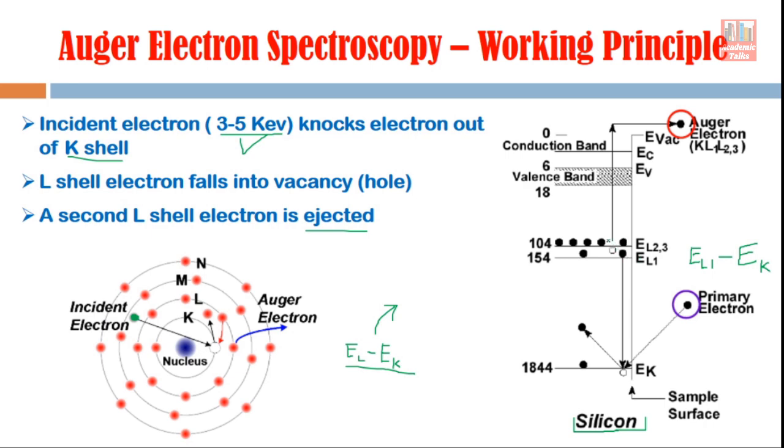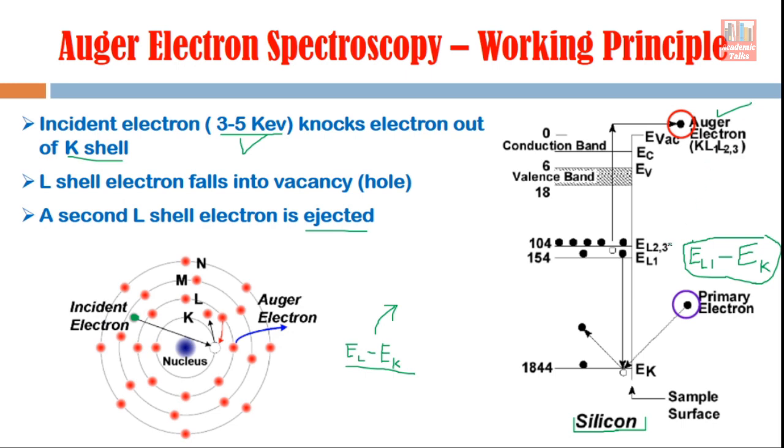So the electron from the L level, this L2 level, will acquire this entire energy. Some part of this energy is used to remove this electron from this level, or you can say to break the bond, and the remaining part of this energy is the energy of this electron. The electron possesses this kinetic energy which is supplied by this difference itself. So some part of this difference energy is used to break the bond, and the remaining part is the kinetic energy of this ejected electron, and this ejected electron is actually your Auger electron.